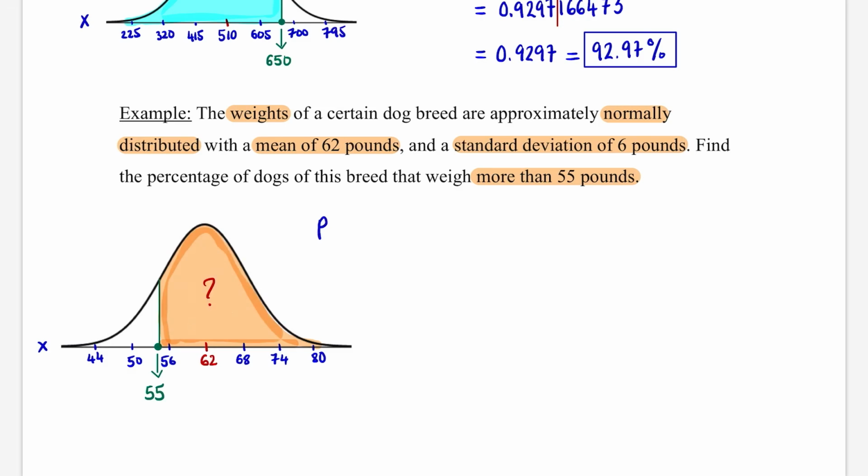So I'm looking for the probability of X greater than 55, the percentage of the dogs' weight that is greater than 55. I'll still use normal CDF,